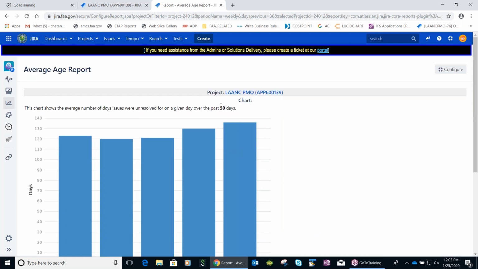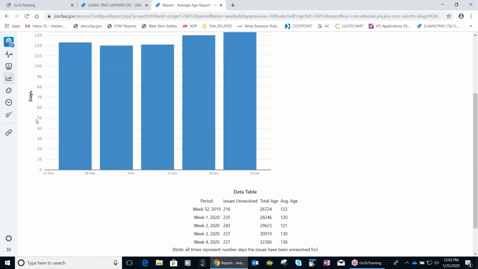See, now if you see this chart, what it says is the y-axis is days, and the x-axis is a week. We said one week.